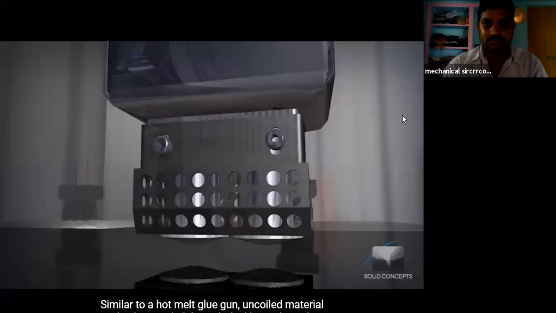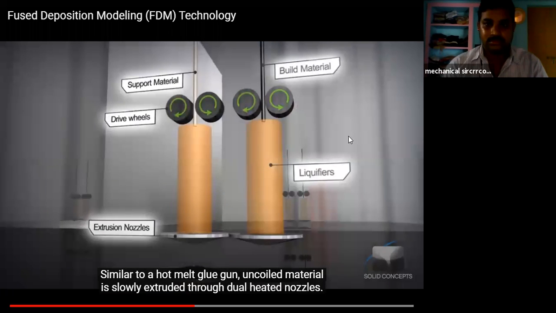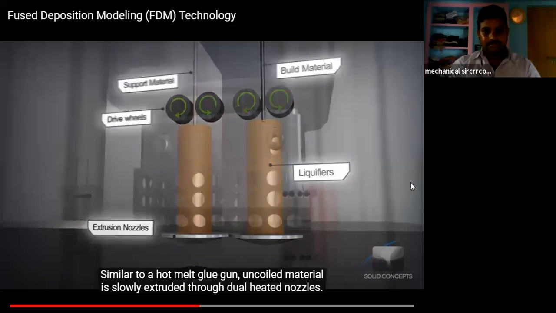Similar to a hot melt glue gun, uncoiled material is extruded. See here the extrusion nozzles. Here is the build material, and here is the support material. Two materials are supplied in wire form, and these are the drive wheels. One rotates clockwise and the other anti-clockwise, and the wire is supplied to the liquefier, and the bottom extrusion nozzles are provided. It is slowly extruded through dual heated nozzles.